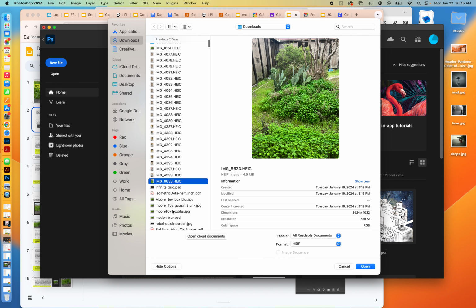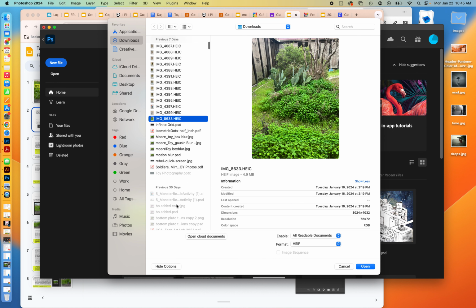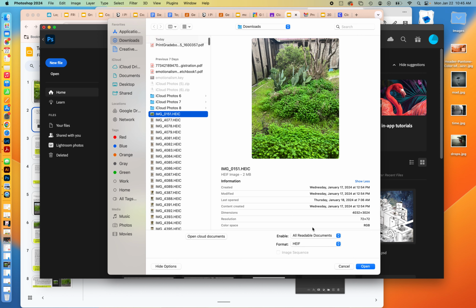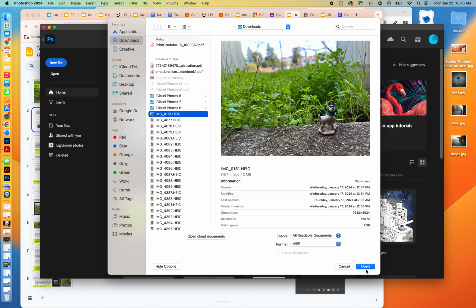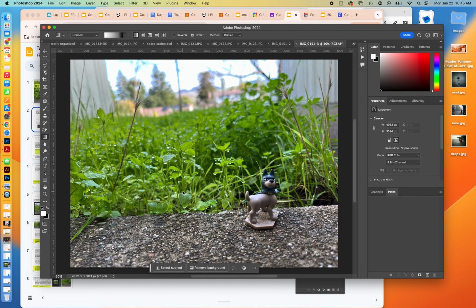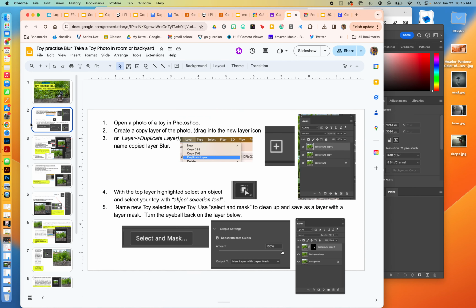Wait, that's not it. There it is. All the green. Press OK. Open. Now you're going to have your image here. So the first thing I want to do, of course, keep my directions open so I can see, is to